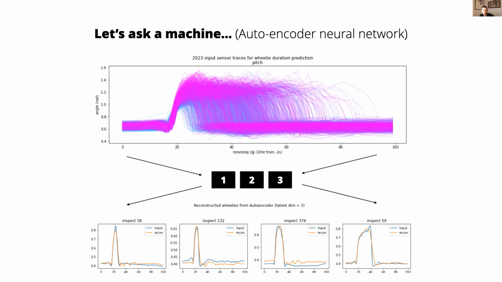And so in this case, I've used a technique called an autoencoder, a neural network. And what that does is it takes those 100 data points every 1/10 of a second over 10 seconds for all of the wheelies that I've recorded, which is over 2,000 now. And